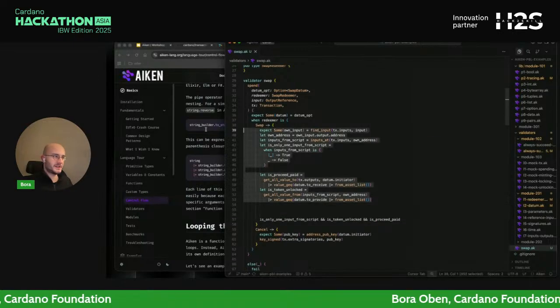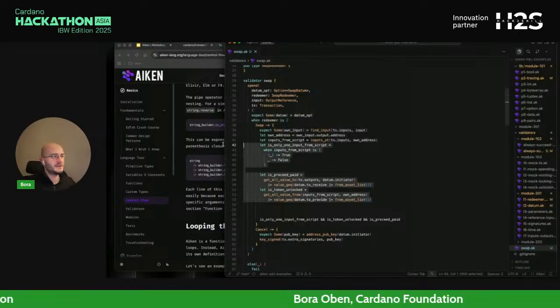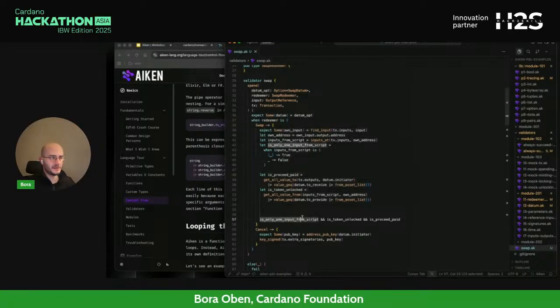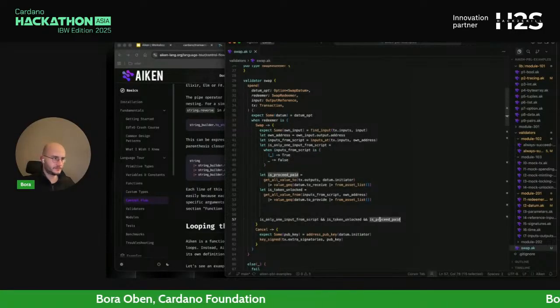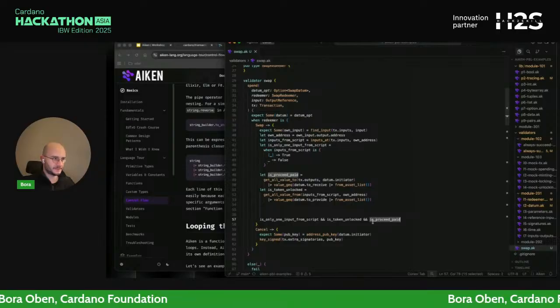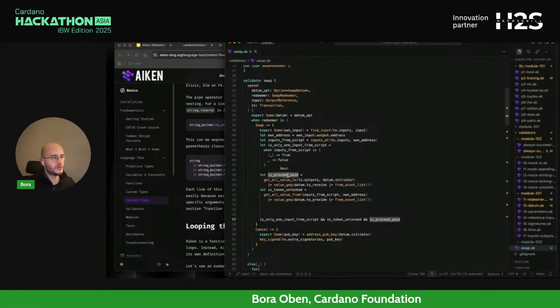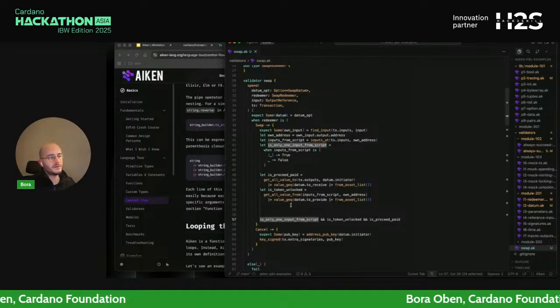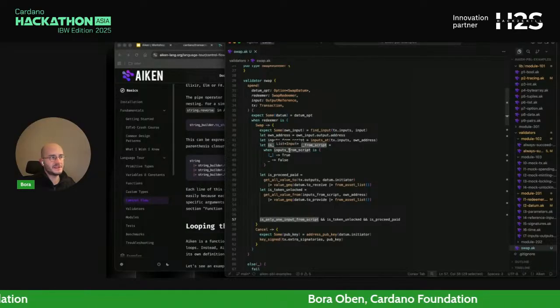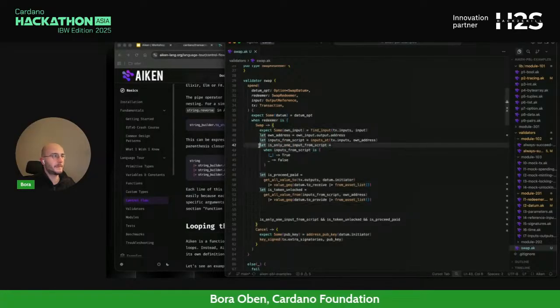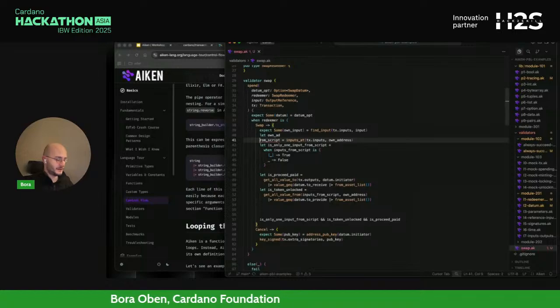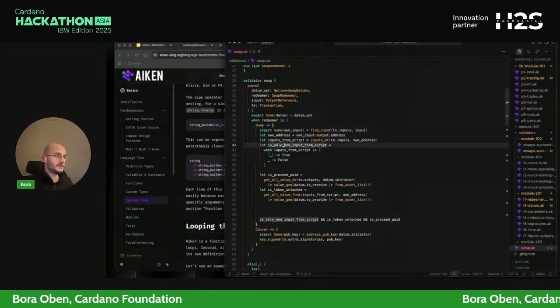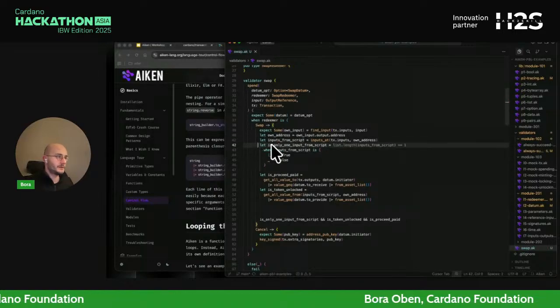So all these are checks and definitions, etc. But what the smart contract at the end of the day evaluates is these. So is the proceed paid? Is this true or not? Is token unlocked? Is this true or not? Is only one input from script? Is this true or not? So we have three different checks, to make it a bit more clear for you all.